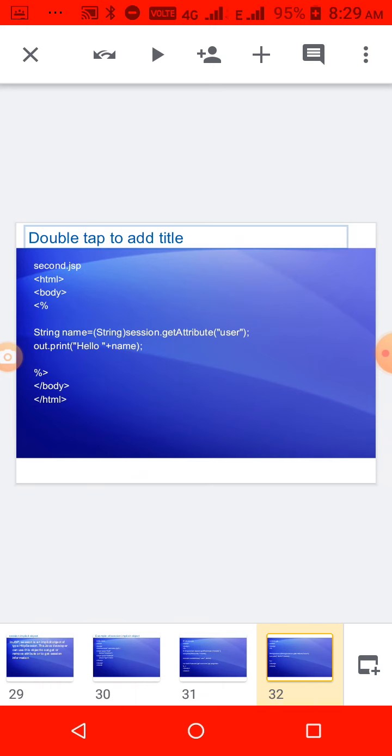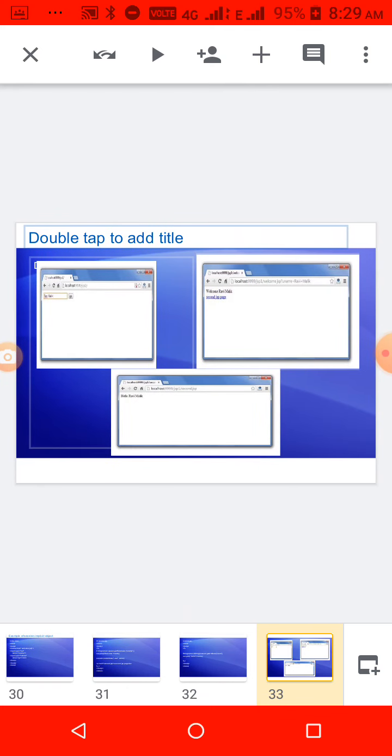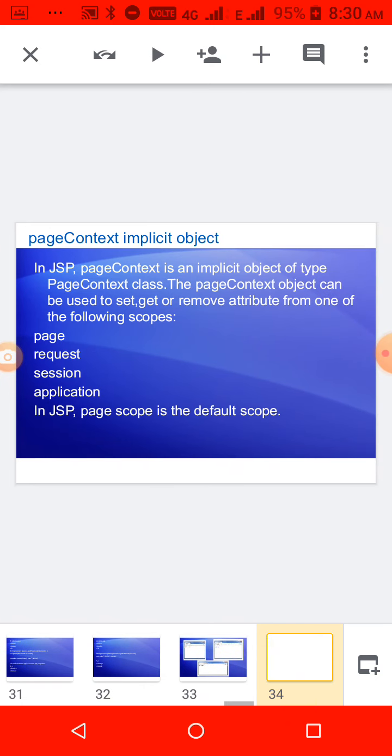The session details are retrieved by using this session.getAttribute(user). So out.print name means the session name we gave will be displayed here. See, in this example, first is a design page, we give the username, then welcome that username, then we call the second JSP. If we click this, it will call that second JSP, and it will print that session username.